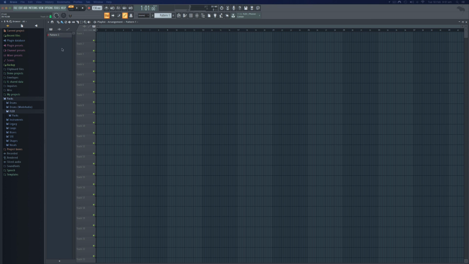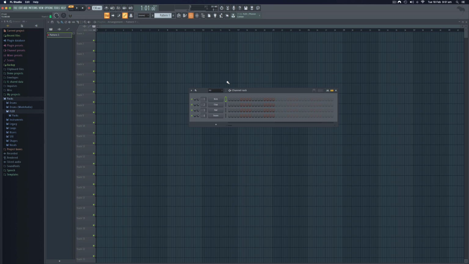So it's pattern-based, so it's really unfamiliar for me, but just having a look at this video, I basically figured out that you create these little patterns here. So let's create a kick, and let's just make this a bit slower here. So I'm going to use this sequencer here to pop in a kick. We're just going to do a 4 on the floor. We'll just do some kind of psytrance-y sort of thing. So if I hit play,